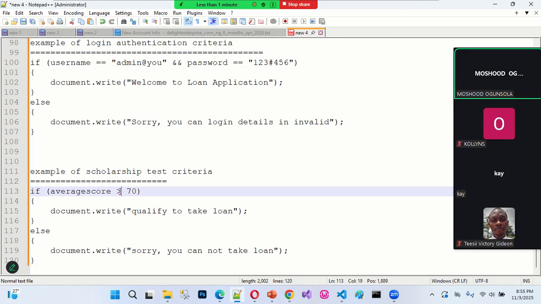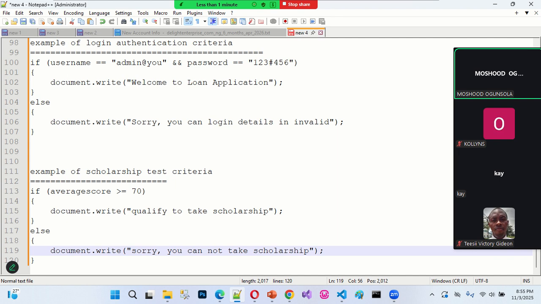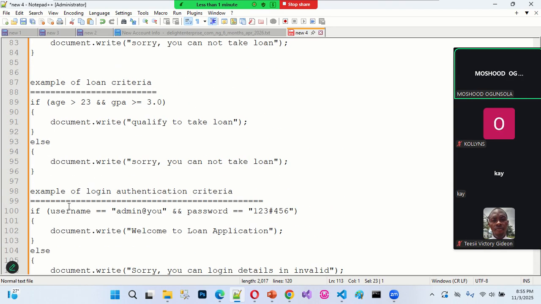Must be greater than 70, or let's say greater than or equal to 70 now. So you can say, scholarship granted, qualified to take the scholarship. That is it. Sorry, you cannot take the scholarship. You can see again, the criteria here is just to make sure a scholarship is granted or a scholarship is not granted. So these are the different ways we can use the if statement here to build different types of